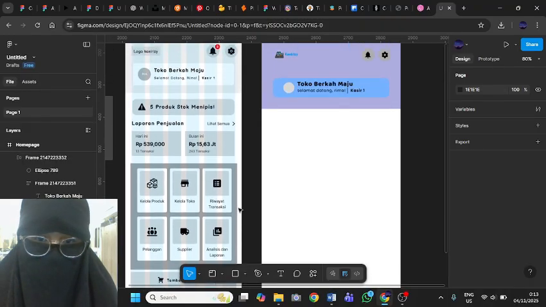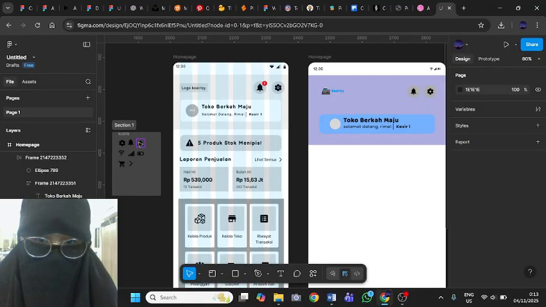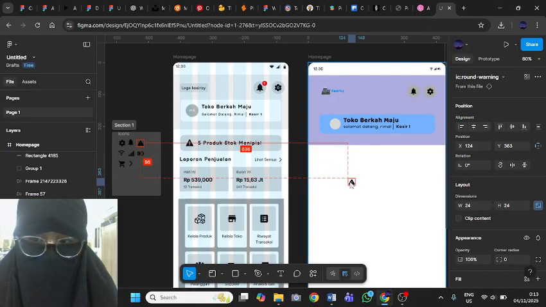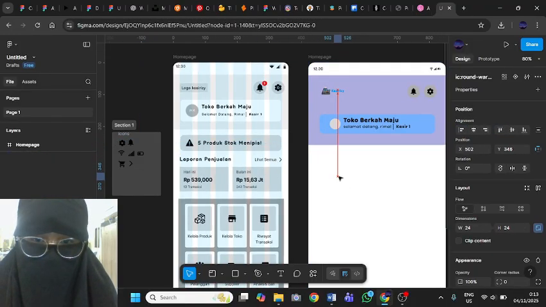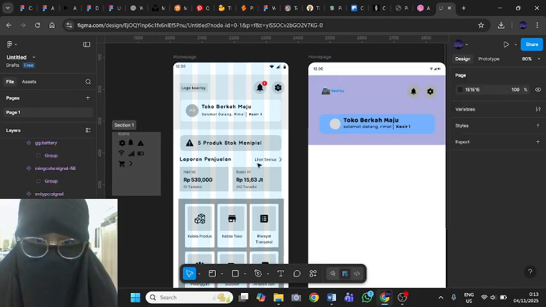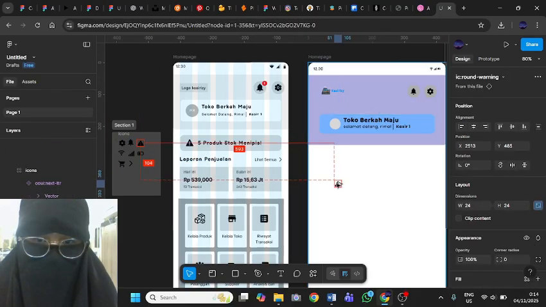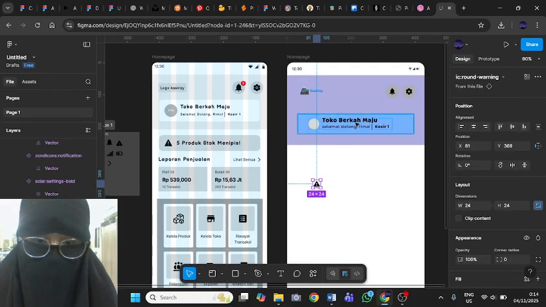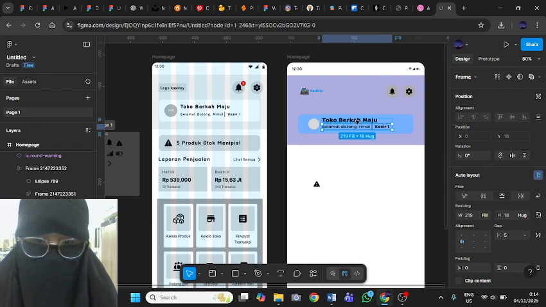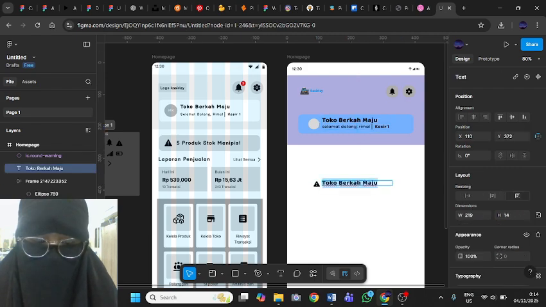Then yeah, we can make another ones. I'm going to make that, so just alt and drag it here. Wait, it's supposed to be there. Yeah, like this, and then just copy paste from this, alt shift, and then